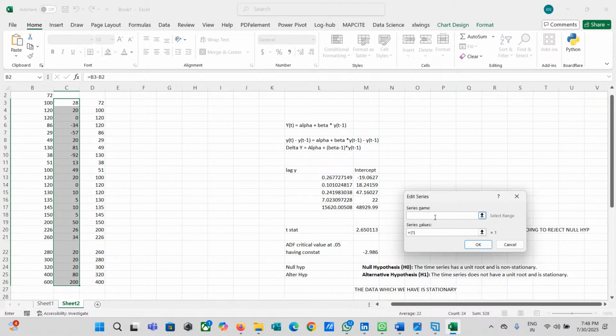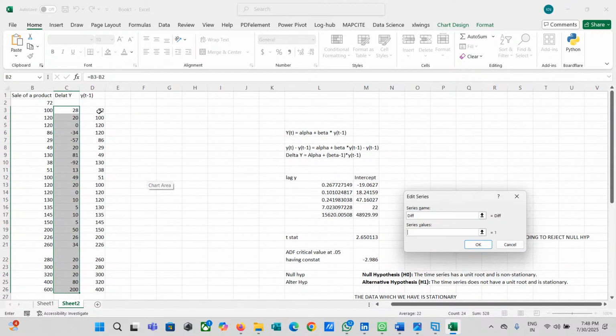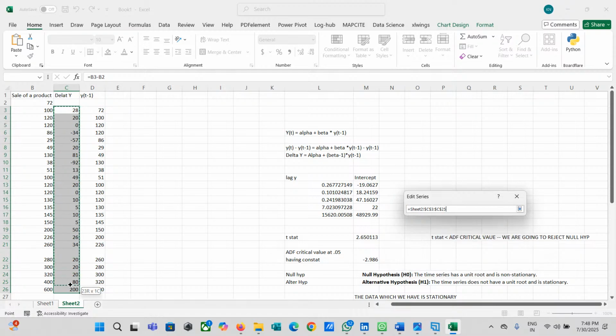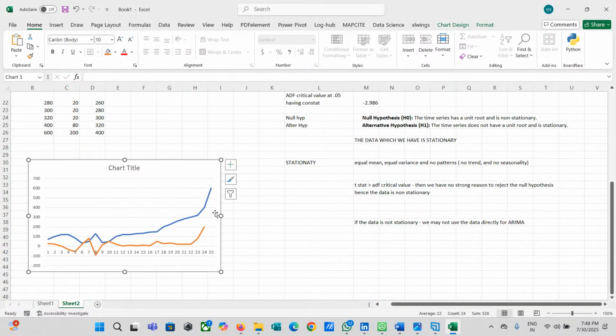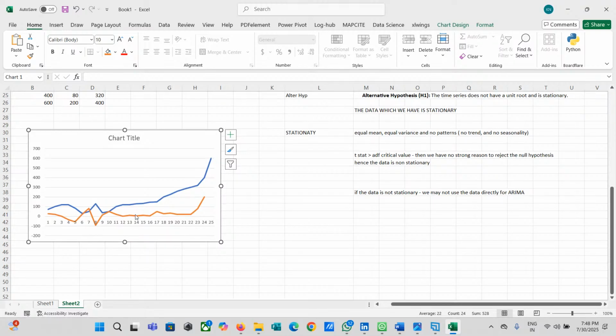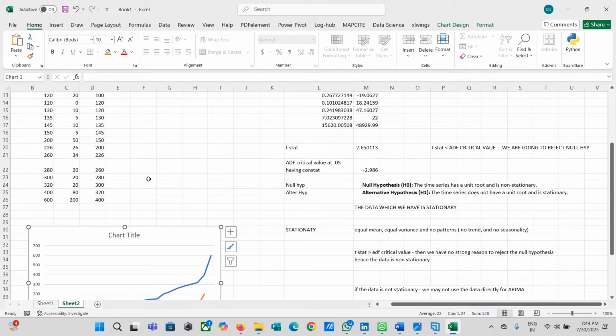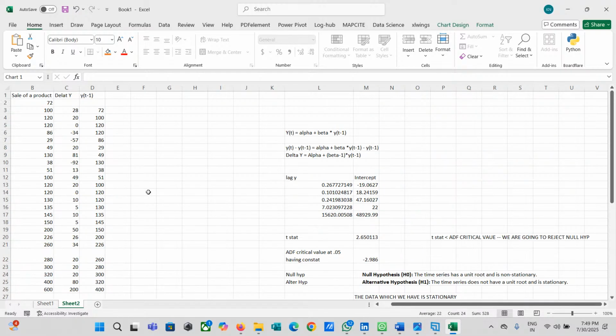So I'm going to say my differencing data. So differencing data, how it is being plotted. So this is my difference data. Let's see how the difference data looks. Now if you look at the difference data, which is red, it looks quite stationary, right? It does not show as much trend as the first one. This looks quite better. This is one of the techniques of creating stationary data.